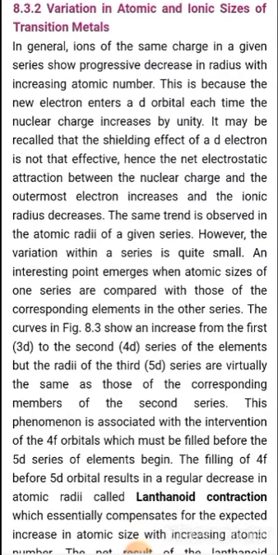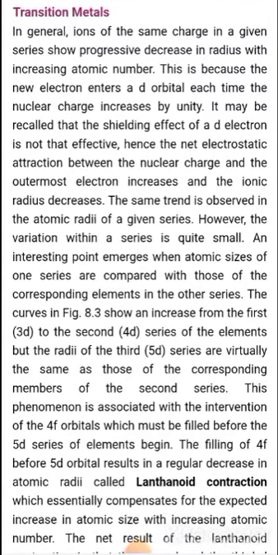And why is it so? Because the new electrons enter a d orbital each time, and as the new electron enters, the nuclear charge also increases by unity. And this is because of the shielding effect of a d electron, which is not that effective, which is very poor. So because of the poor shielding effect of a d electron, the net electrostatic force of attraction between the nuclear charge and the outermost electron increases. And because the force of attraction between the nucleus and the electron increases, the ionic radii